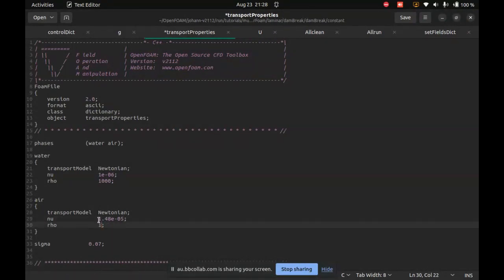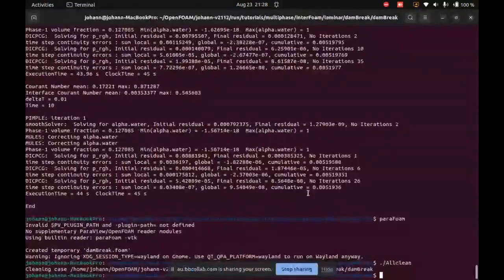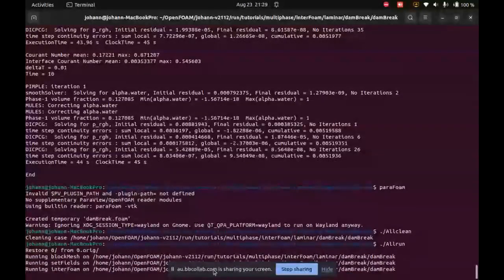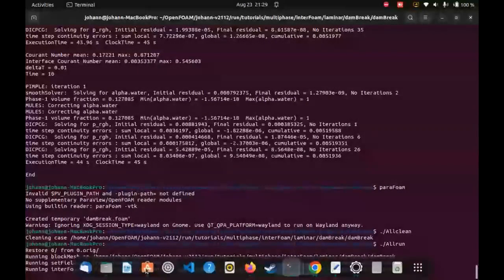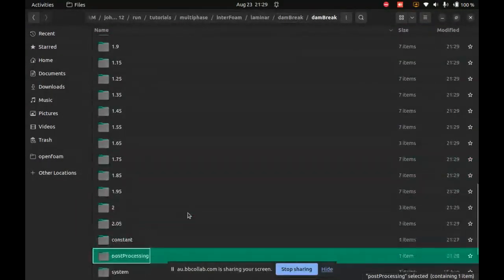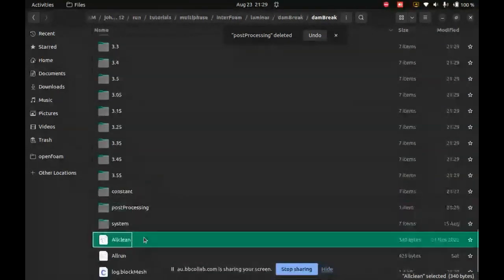And well, no, I've got a better idea. What if we are testing in a low gravity environment? So let's make it minus 0.1 instead of minus 9. Right. So I'm not going to go over the manual run again. I'm rather going to say all run, and you'll see it creates log files in the folder you're running. So it's created,